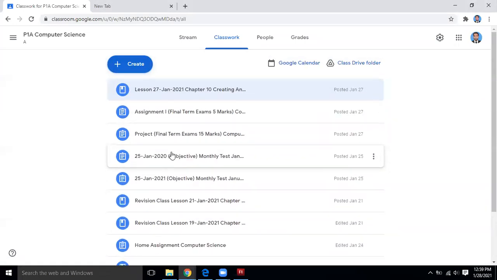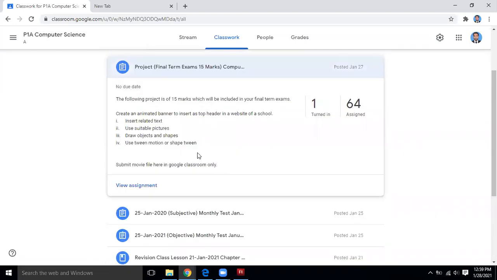So what is meant by relevant text? Of course, school name or address or any slogan of the school. Can we create it ourselves? Yes, name and address. It's totally up to you. I did not say that this will be the school name or that will be the school name. You will take the pictures by yourself. You will take any school name, whether it exists or not.